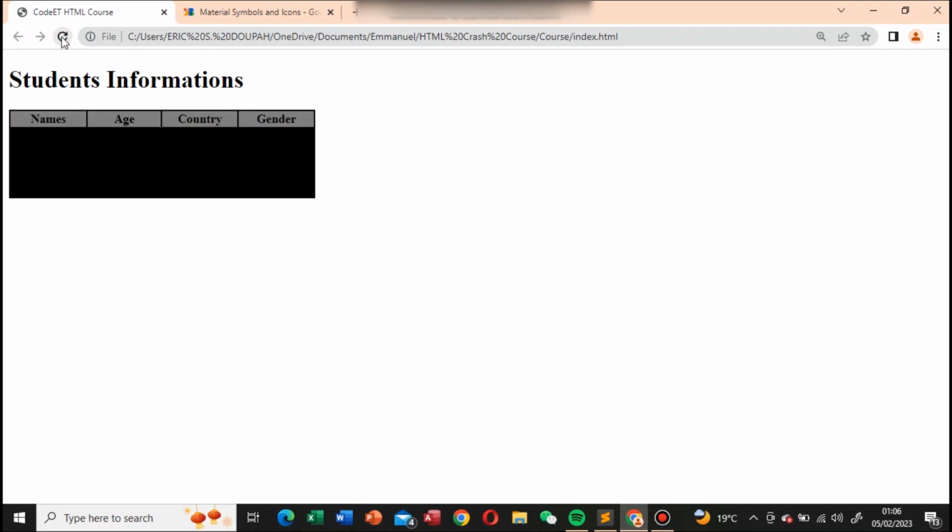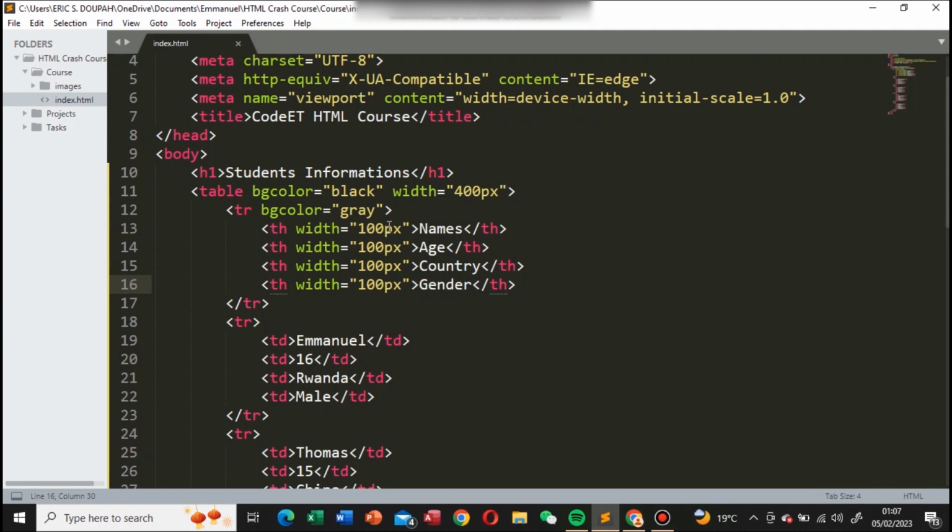As you can see, we have the background color of the table to be black, and the hair section of the table, the background color is gray. So you cannot see the other columns or everything because we have not specified how we want the table to be in that section. So we can come back to our Sublime editor, and this row we want it to be the background color, we want it to be white, and we can copy and paste all these width